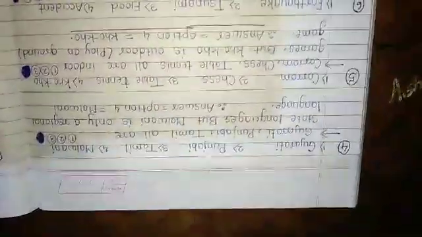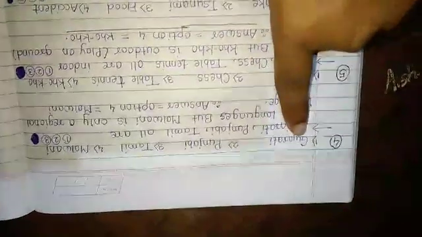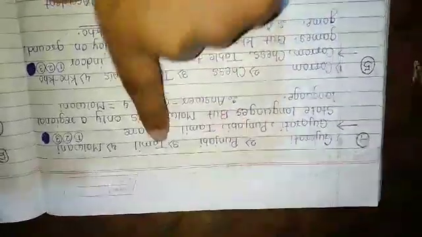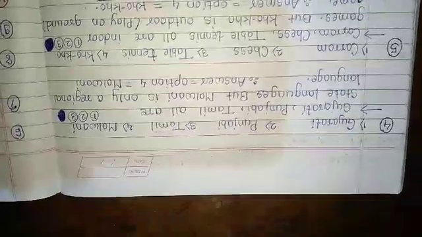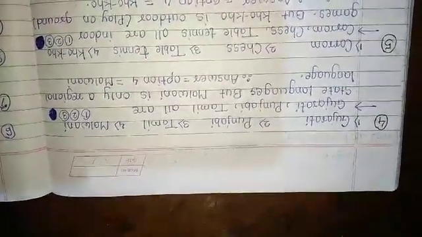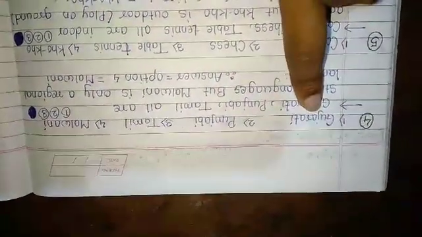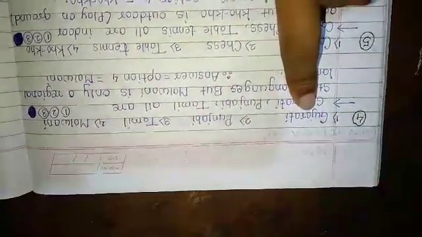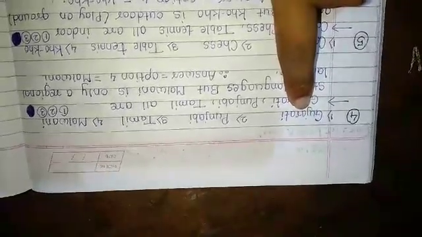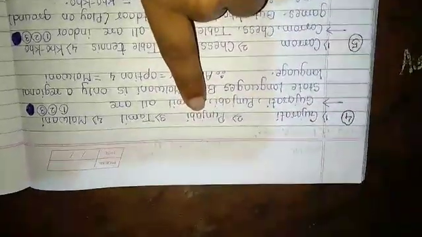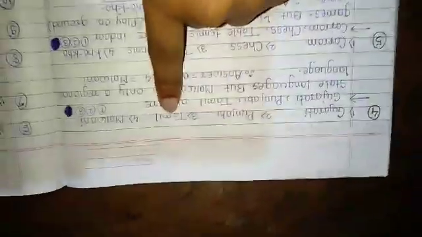Now we see a question based on language. Look at the first, Gujarati. Second is Punjabi. Third is Tamil, and fourth is Malwani. All these are languages spoken by people in different regions of India. Gujarati people speak Gujarati where? In Gujarat state. Punjabi in Punjab, Tamil in Tamil Nadu, and Malwani in our Maharashtra.